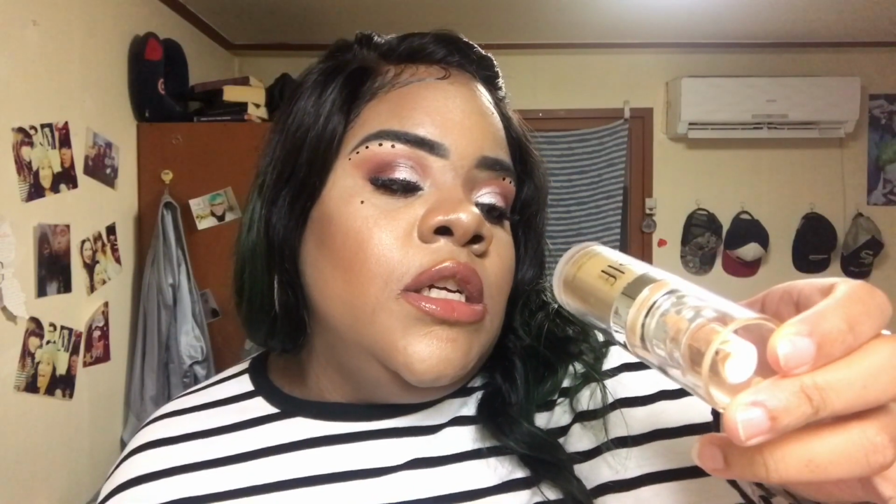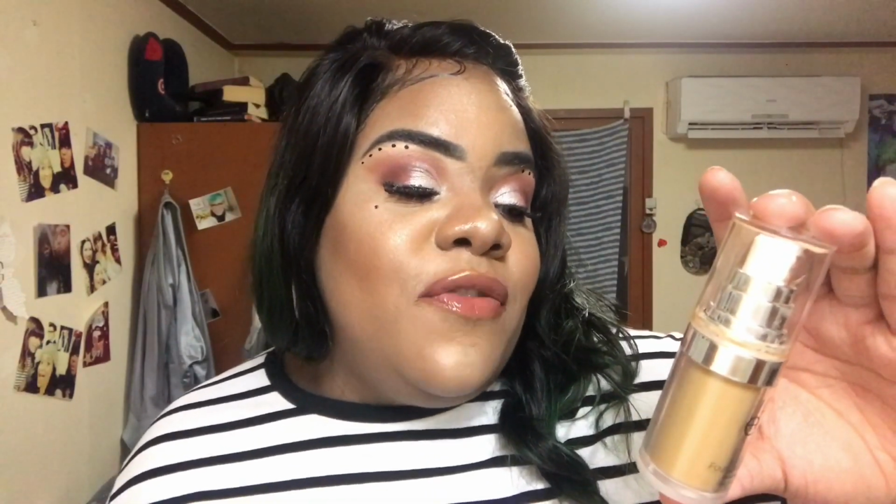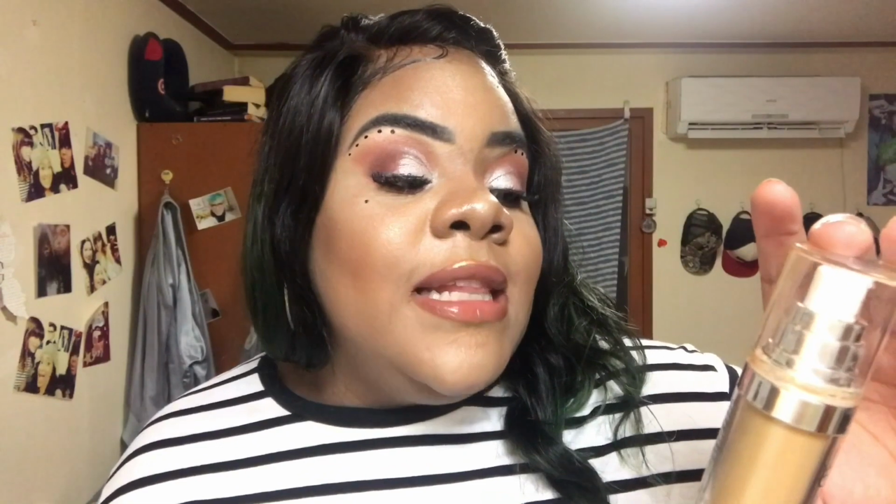That's just me. And then the last thing is this e.l.f. Foundation Serum. I got the shade medium dark, but there was a name to it and I forgot the name. It says broad spectrum SPF 25 sunscreen. First of all, I hated the directions. It says apply liberally 15 minutes before sun exposure. Reapply at least every 2 hours. So it's already warning you, like, listen, in about 2 hours it's gonna be gone, which that's not a lie. But however,